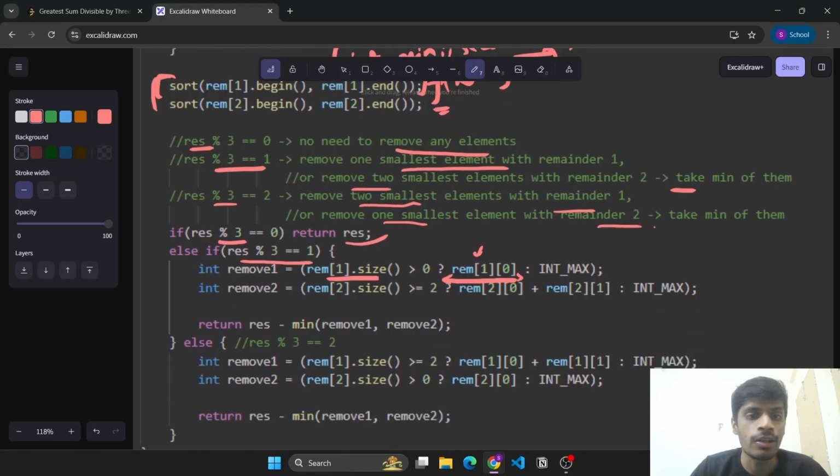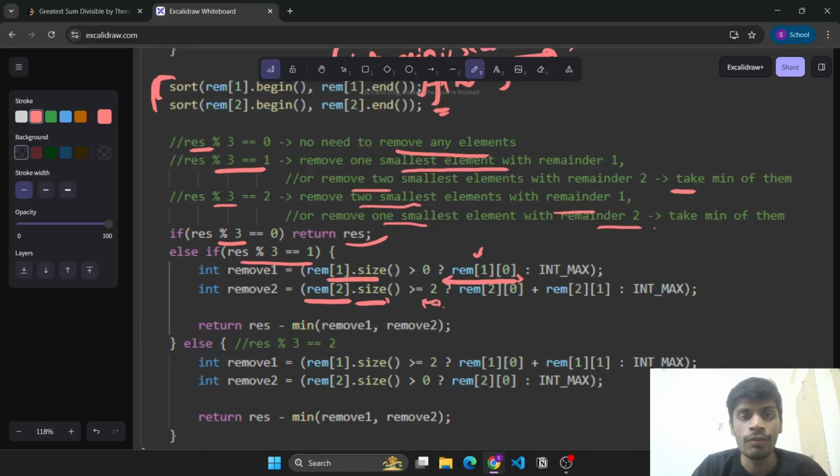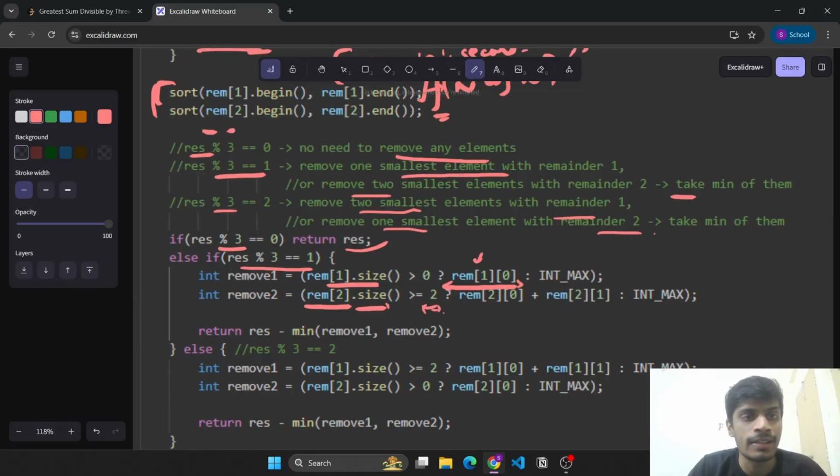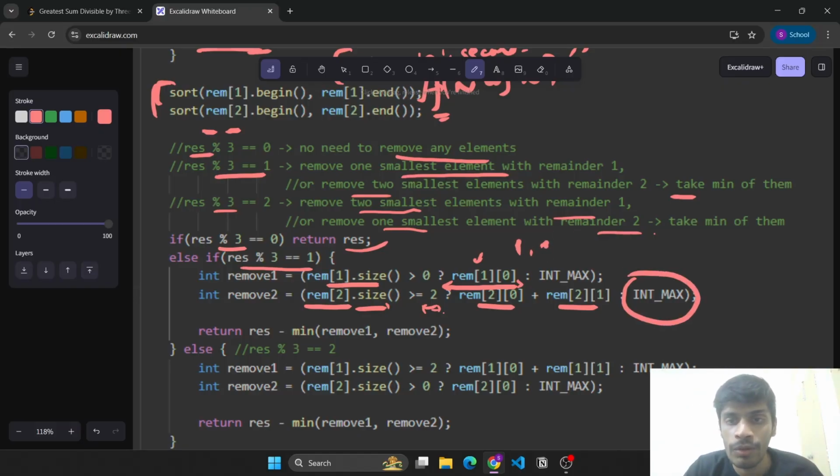and two minimum elements we need to find only if the remaining two of size is greater than or equal to 2, then it would be the two elements at the start of rem2. So it will be rem2 of 0 comma rem2 of 1. And else, why I have taken this int max, so that even if some elements with remainder 1 are also present and some elements with remainder 2 are also present,